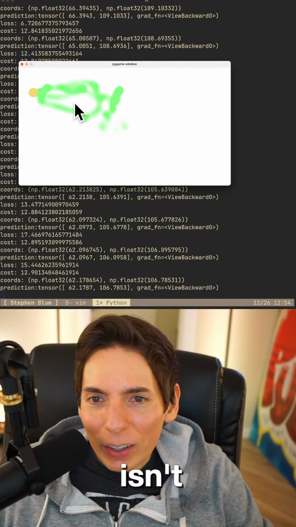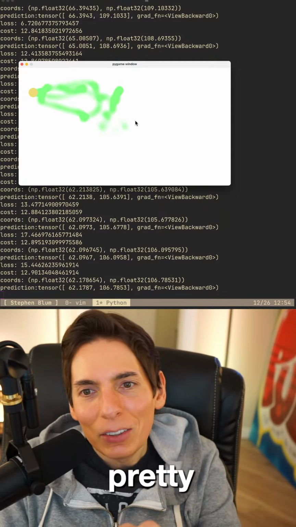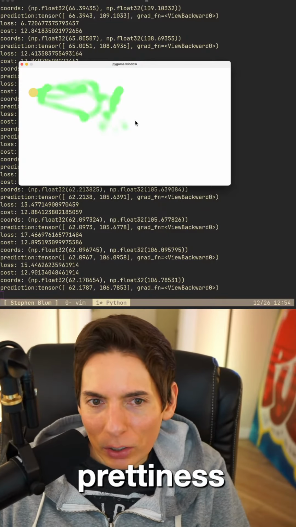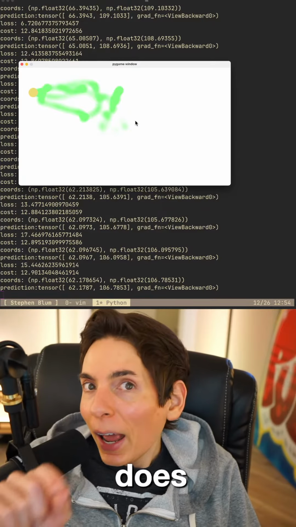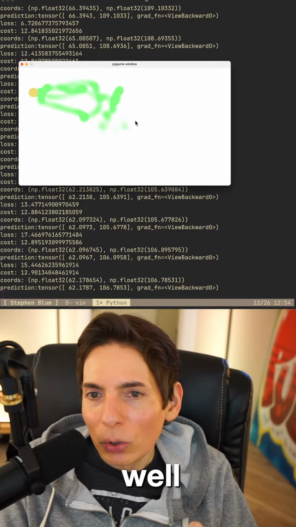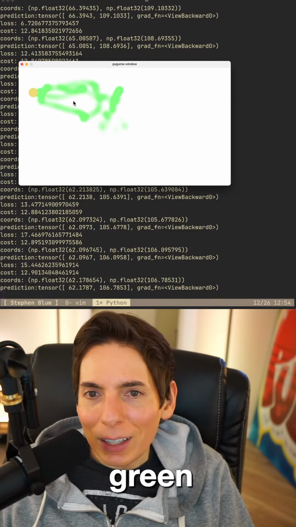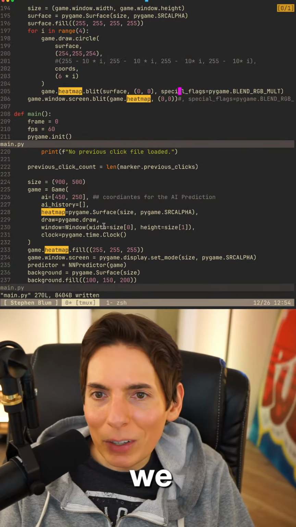Doesn't that look good? See how it's all smooth and pretty? So it's like a real heat map. It looks like a legit heat map, right? It sure does. And we can change the colors as well. Right now it's just green. We can change the colors so that it gets maybe a little bit darker. I mean, we can figure that out as well.